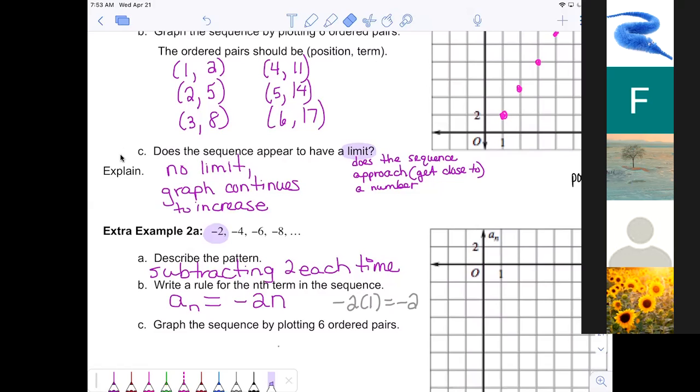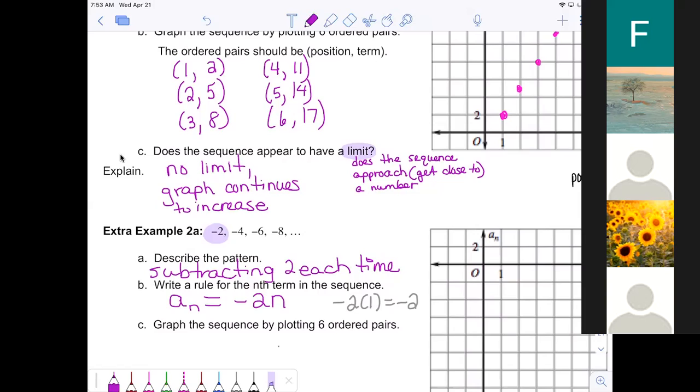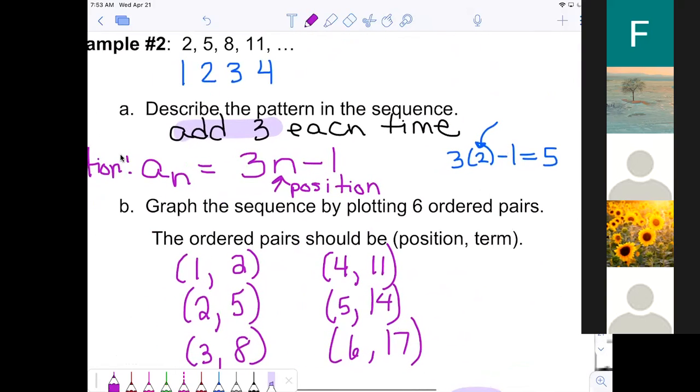Ava. On the previous one, yeah. Why? So if you had to start with 3, why were we subtracting 1? Okay, so if I plug in a 1 to find the first term, 3 times 1 makes what? 3. That 3 needs to match with the first number in the sequence. Oh, okay. It doesn't, but if you subtract 1 from it, then you get 2,